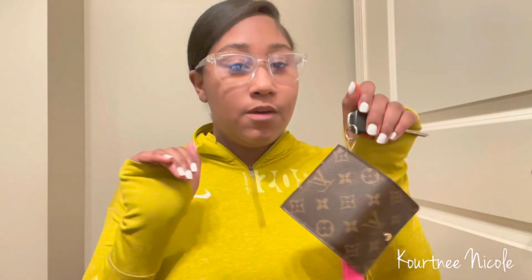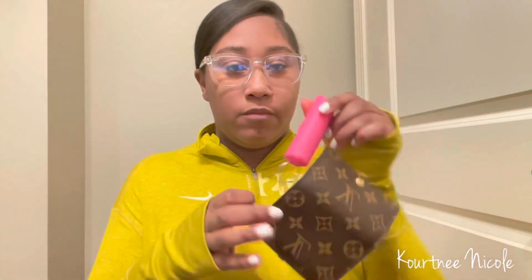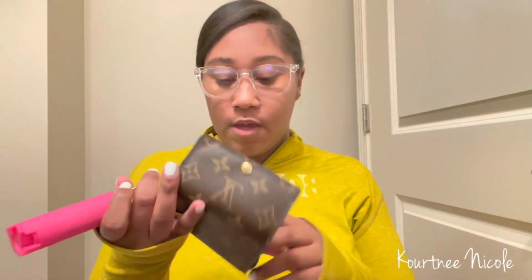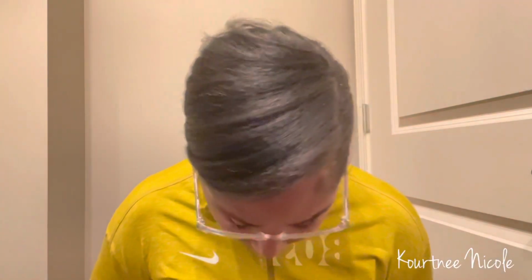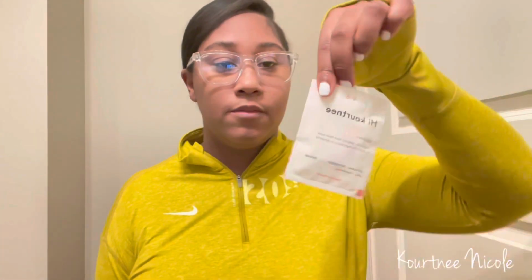This is my Louis Vuitton key holder. I love it. And I just have my pepper spray and my keys for the office, mailbox, home, car, stamped in pink. For my Louis Vuitton bags, I like to have this so it doesn't scratch them up. And next thing I have in my bag is some vitamins, my Care Of, just in case I forget to take them in the morning. And in the last pocket, I just